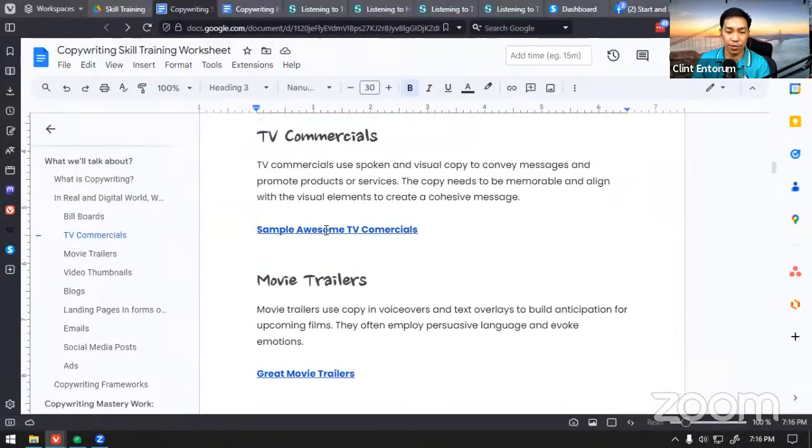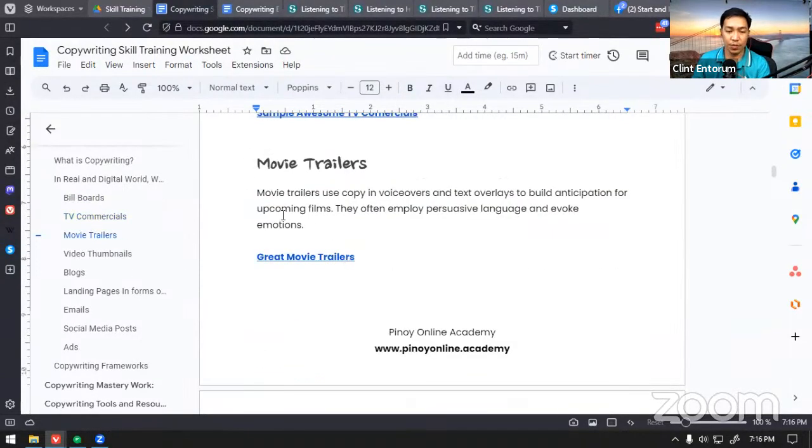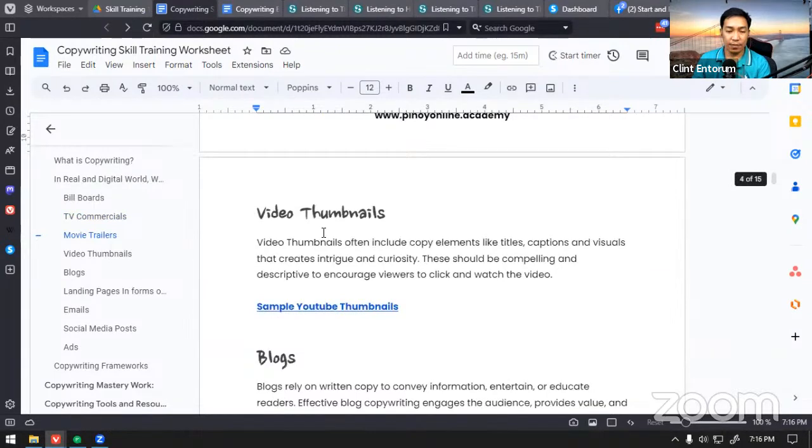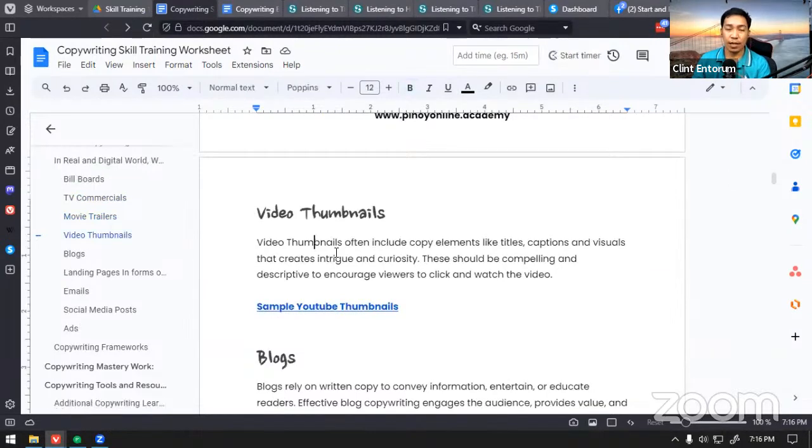So like TV commercials, it's going to be a visual copy to convey messages, and in movie trailers like that, and video thumbnails. If you look at a lot of YouTube videos, even TikTok, one of the things that invites you to click is the copy. It creates curiosity, not just on the image, but backed up with a copy, like a title on the video that invites curiosity to click the video.